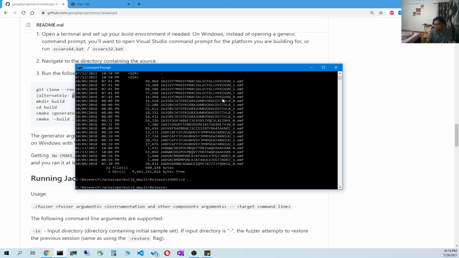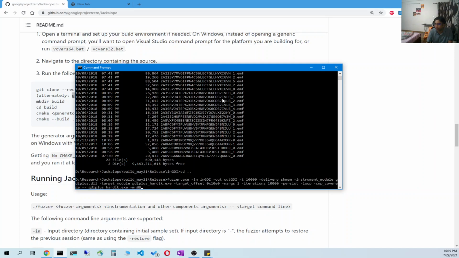And yeah, let me show you the command line to fuzz now. So this is the command line. Basically, you have this fuzzer exe, which is the main executable, and then -in, you have to give the input directory which contains your initial corpus, then -out, where you give the output directory where you want all the data to be stored.